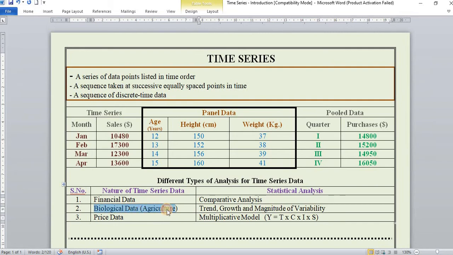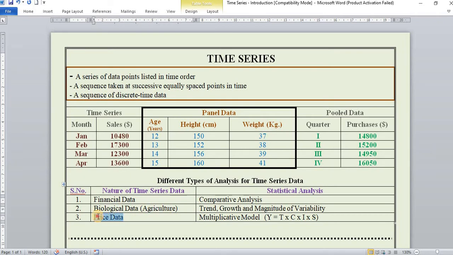It may be agriculture data and other aspects. Those data are analyzed in three different aspects: trend, growth and magnitude of variability. This data also has the time period, the year, month, quarter, like that, but the figures are related to agriculture or biological aspects.